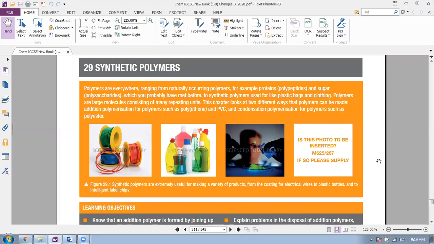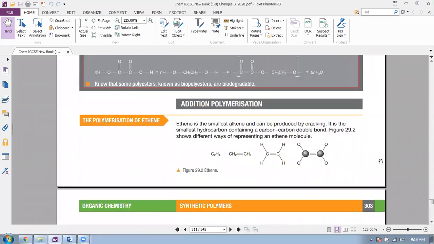Synthetic polymers. We will read today synthetic polymers. Polymers are actually very important substances in our everyday life. Polymers are everywhere. Polymers we use to make bags